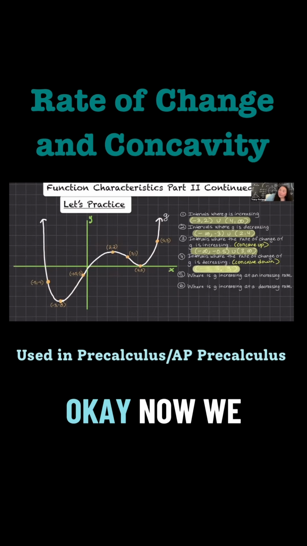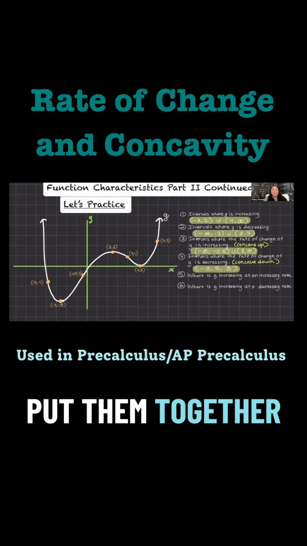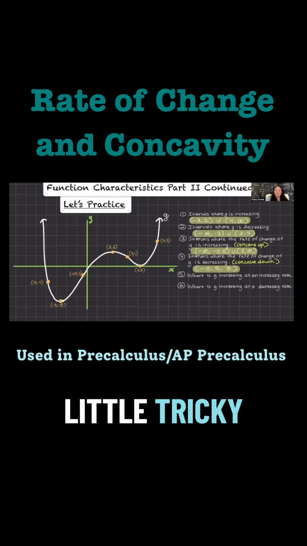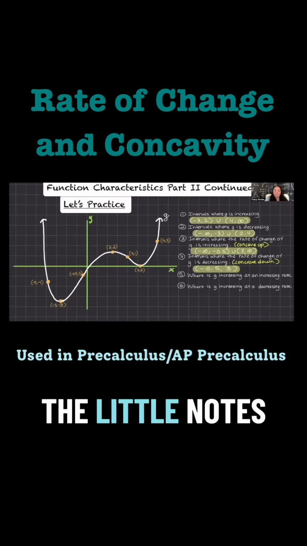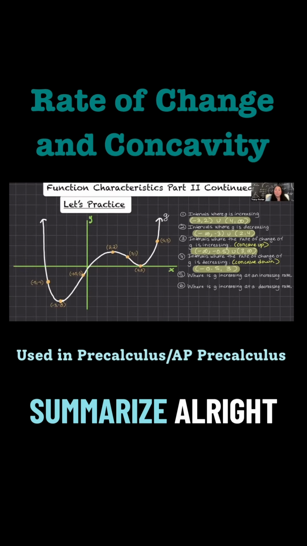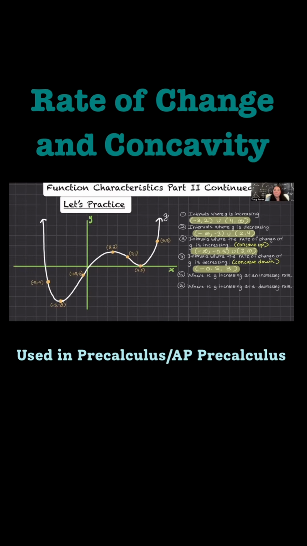Okay. Now we put them together. This is where it can get a little tricky. That's why I have the little cheat sheet, so to speak, the little notes down at the bottom that we'll summarize. Where is G increasing? Okay. So it has to be